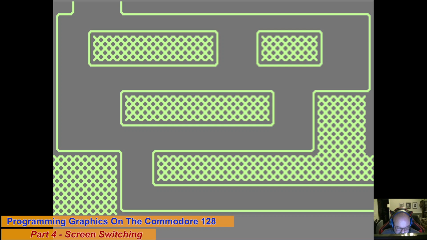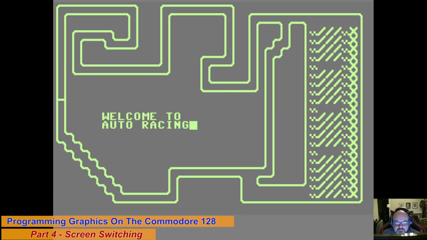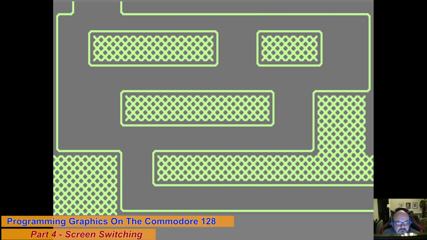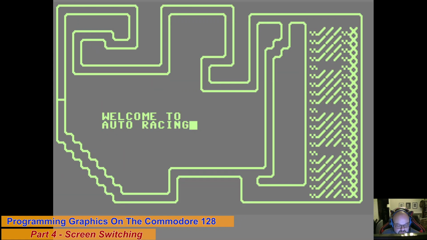Now, note one thing. If we're going to try to break out of this program, we can't do it here or here. Actually, I think we can. Yeah, and we can. But now we're telling the VIC and the kernel different locations for the screen and for the screen editor. But if we run it again,